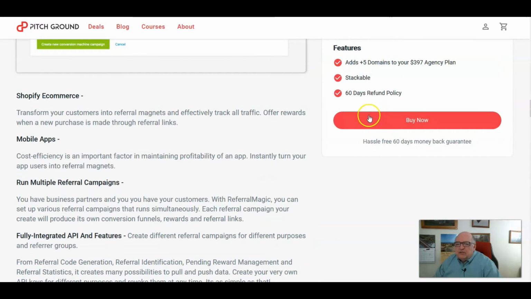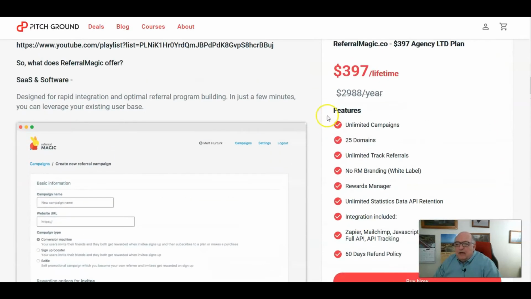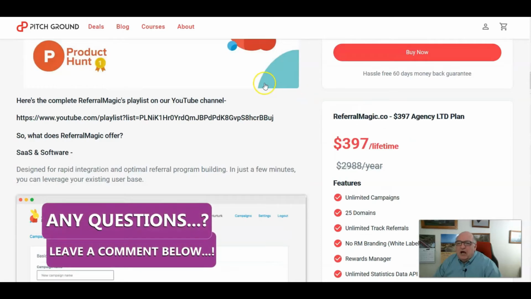With PitchGround, being highly technical for the products, there's going to be some expensive things in here, but there's going to be some excellent things if you're into a larger software technological type company where you can use some of the tools that are available on here.